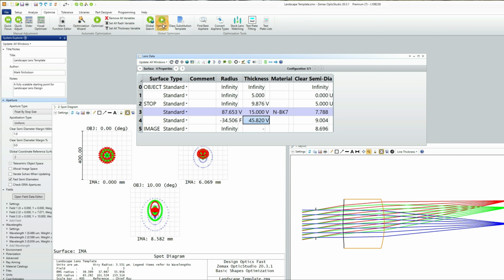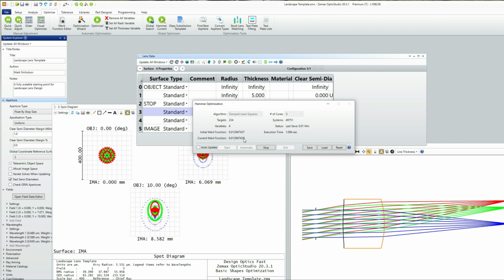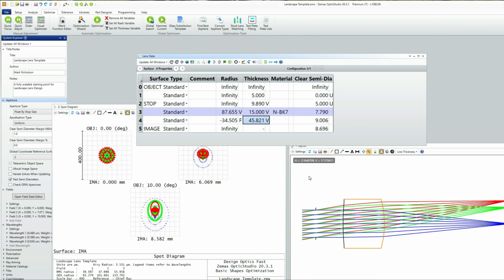The hammer optimizer is used to extensively improve a design. You'll see if we let it run, it makes a very tiny change right down here in the noise of the merit function, but it will make no significant change to this lens because the design is just too basic. There's just not enough degrees of freedom for us to find any further gains. But even with that really small change that we saw, it came by making this surface slightly more powerful. And this is going to be discussed a lot more when we get on to discussing manufacturing yield.